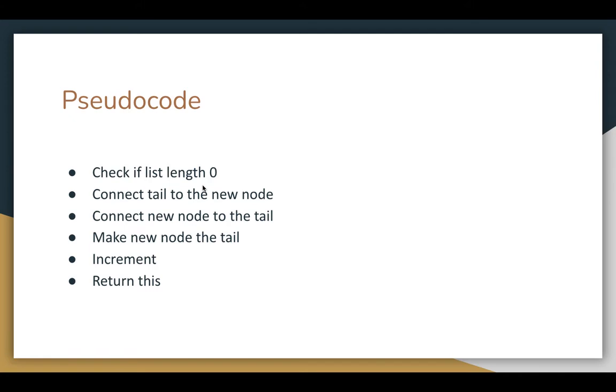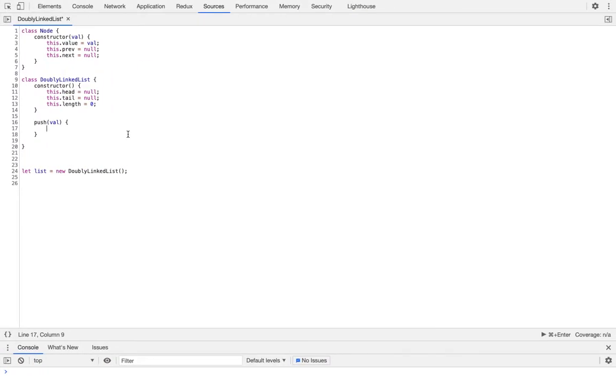And going to our pseudocode, we're going to check on an edge case. We're going to check if the length is 0, then that means that this new node that we're wanting to add to the list will be considered the head and the tail because it is the first node, right? So we're going to write a condition here and say if this.length is equal to 0, then in that case this is the first node to our list. So make this head